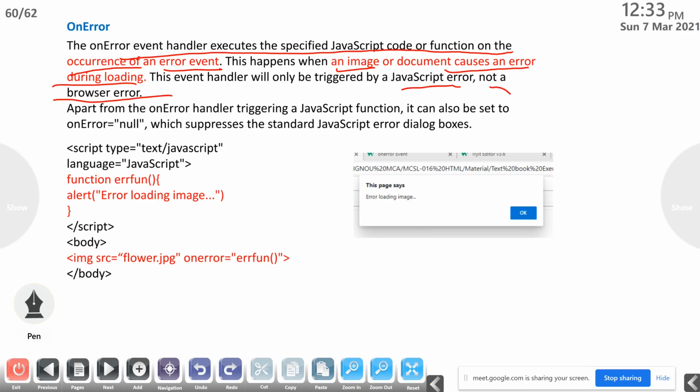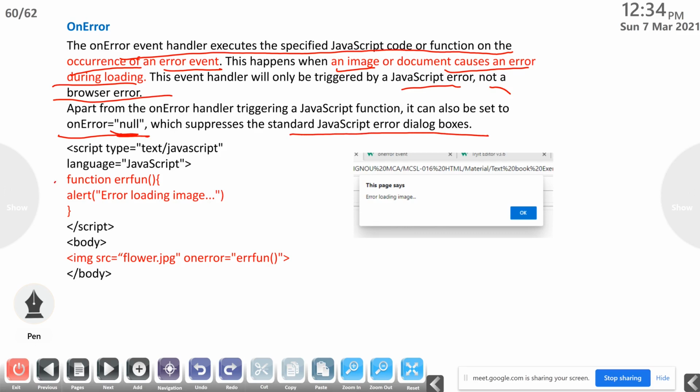So apart from the onError handler triggering a JavaScript function, it can also be set to onError equal to null. If some error occurred and you don't want to do anything, then you have to specify onError equal to null, which suppresses the standard JavaScript error dialog box. Otherwise, it will show an error dialog box.